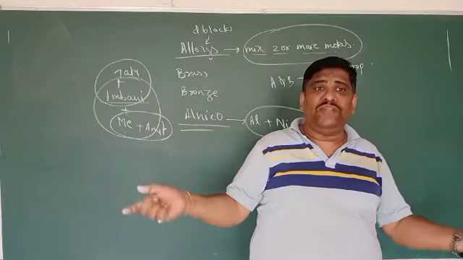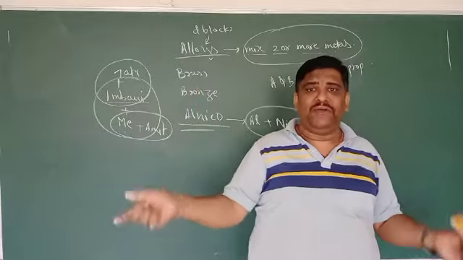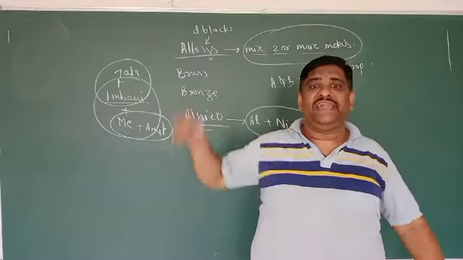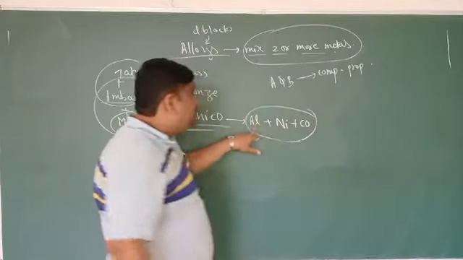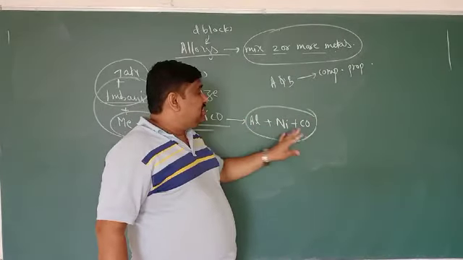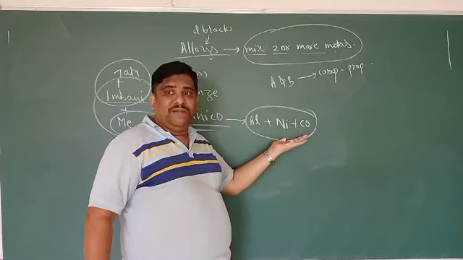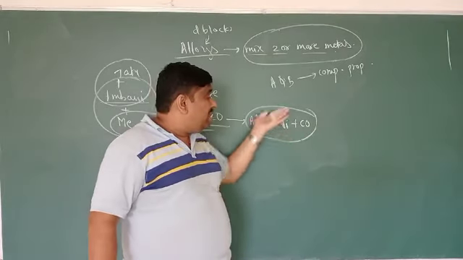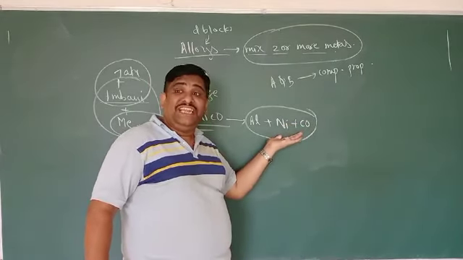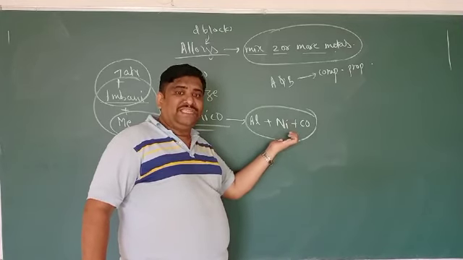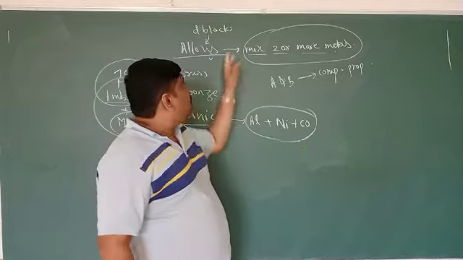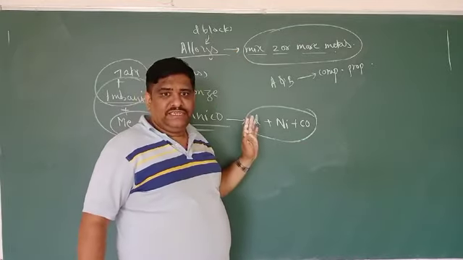Therefore, two or more d block elements mix with each other and give alloy formation. So you can see here aluminium, nickel, cobalt. In this, nickel and cobalt are the d block elements. These d block elements can mix with each other easily because they have very little difference in their atomic size. And therefore you are going to get alloy formation.